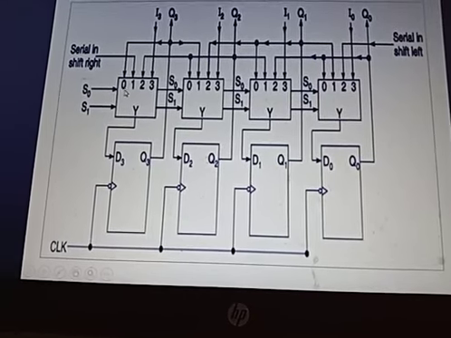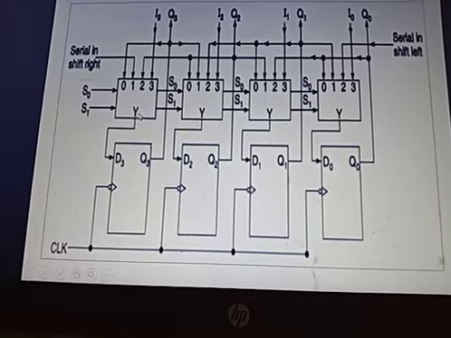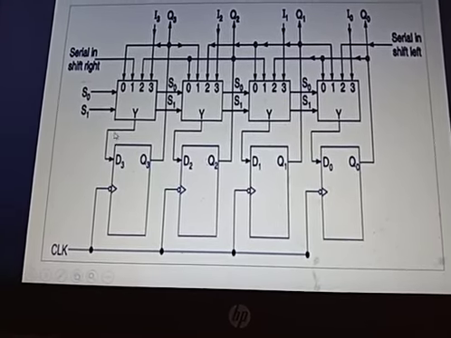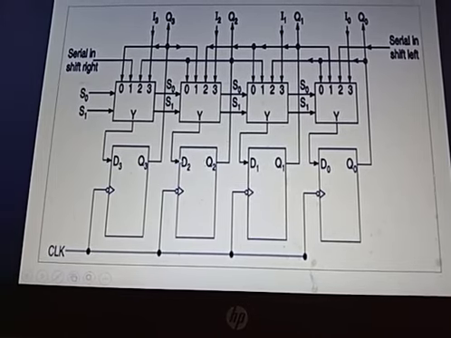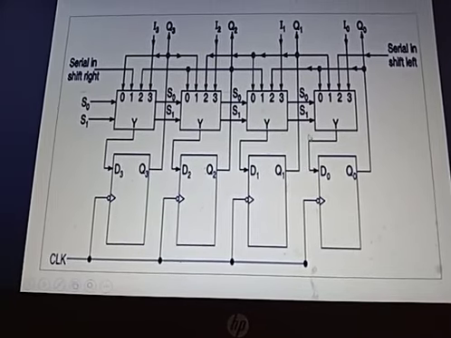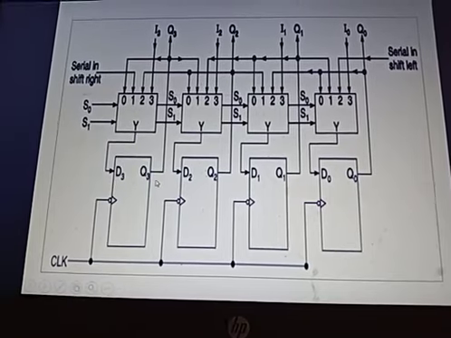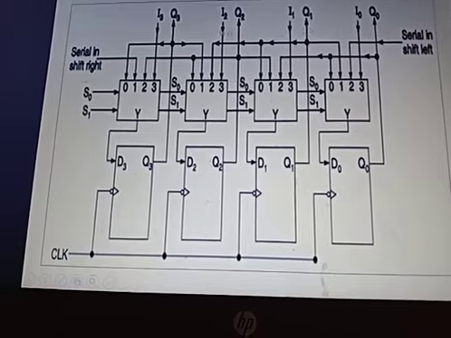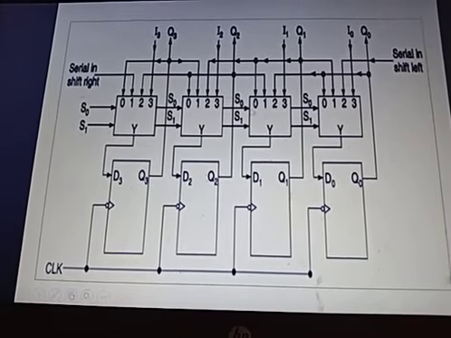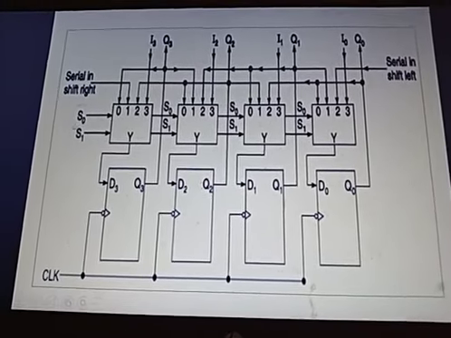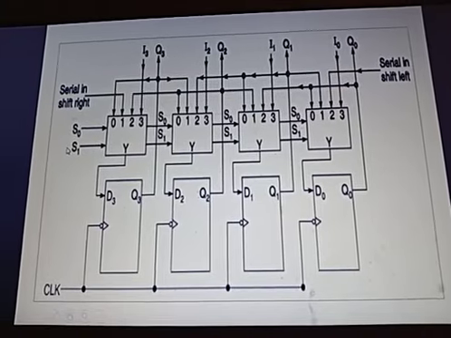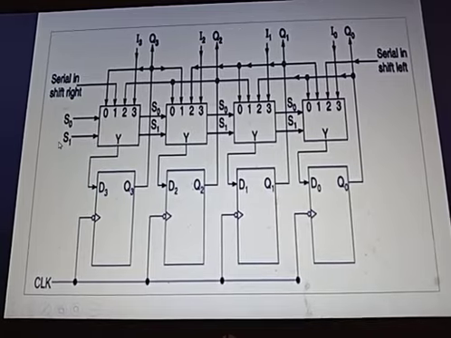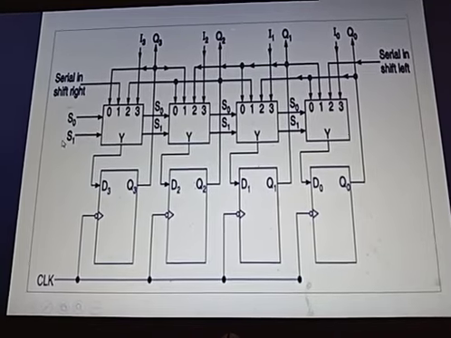You know what a mux is? It is nothing but many inputs and a single output. This single output is connected to the input of each flip-flop. See, this Y is connected to D3, this Y is connected to D2, this Y is connected to D1 and this Y is connected to D0. And Q3, Q2, Q1 alone are connected by means of some operation. Now we'll understand what this is one by one. Only four possible operations, right? I can give S0, S1 as 0, 0, I can give 0, 1, I can give 1, 0 or I can give 1, 1. We'll see what is happening in all the four possibilities.